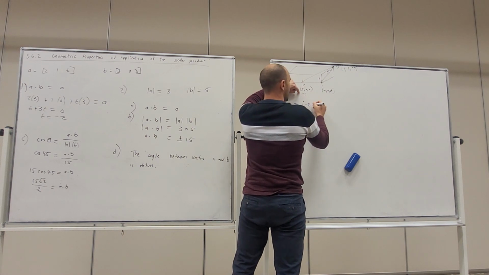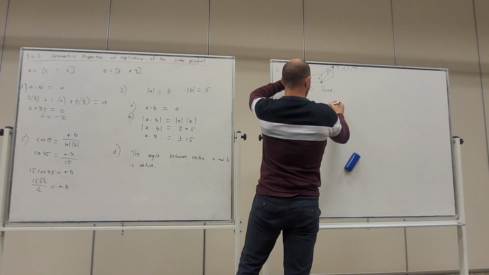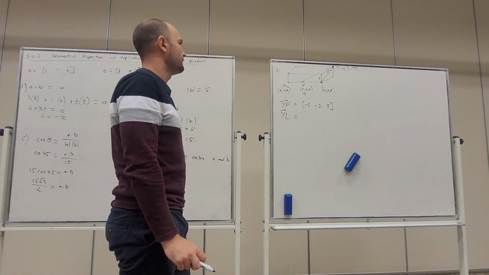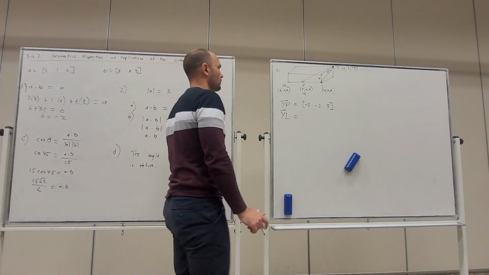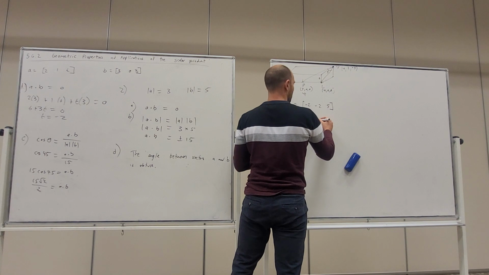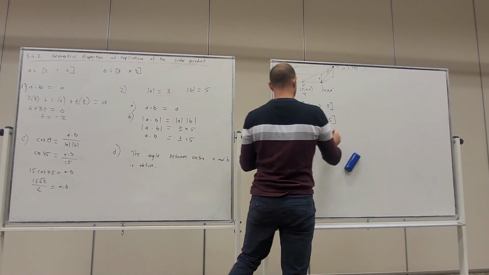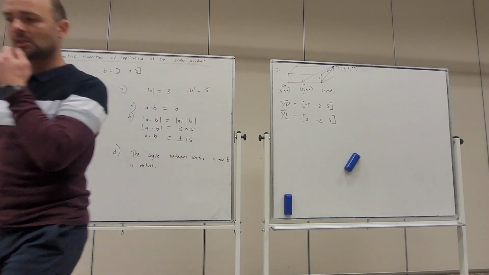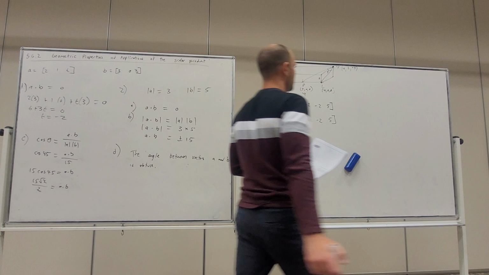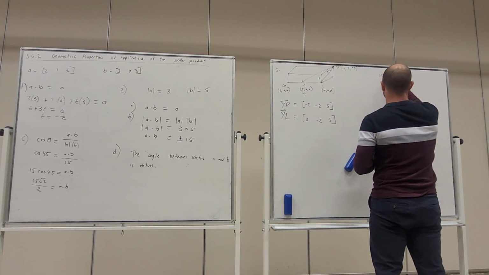So that's going to give us minus 2, and positive 5. And vector YL is going to be the coordinates of L take the coordinates of Y. 0, minus 2, positive 5. Okay, so then in order to find the angle, we'll use the angle formula, which is